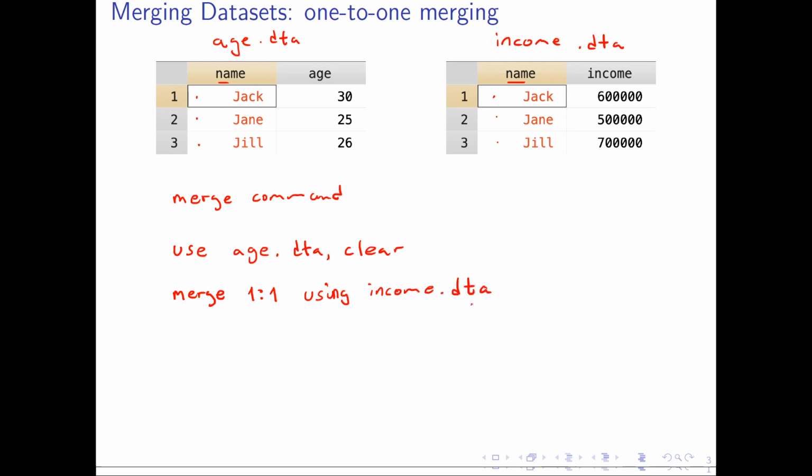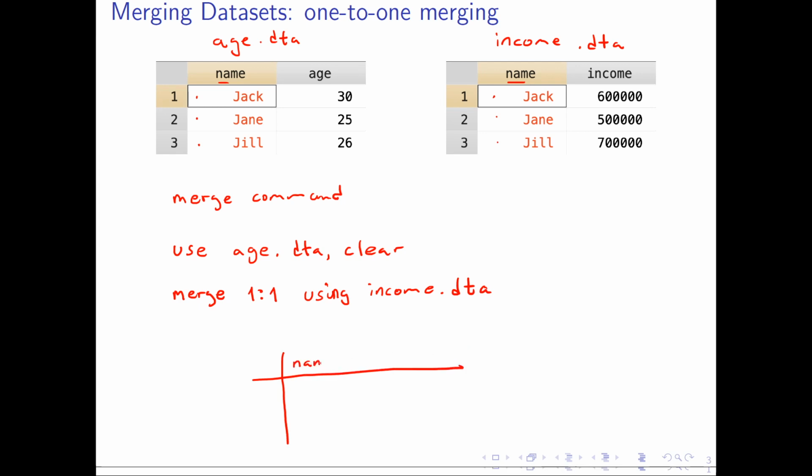So now we have told Stata that we load age.dta into Stata, and then we want to merge age.dta 1 to 1 using income.dta, and your result will be something like this,